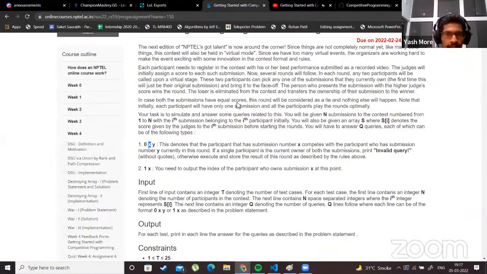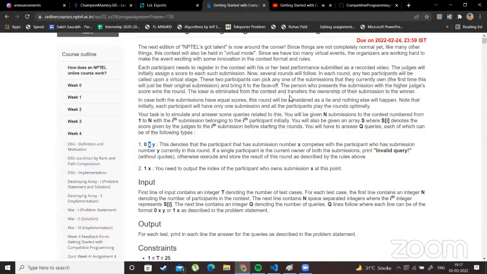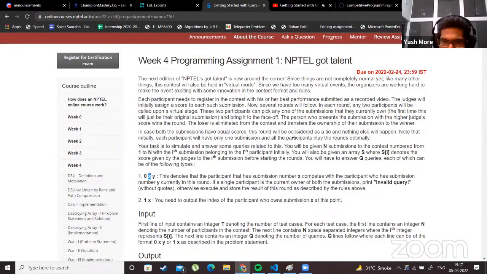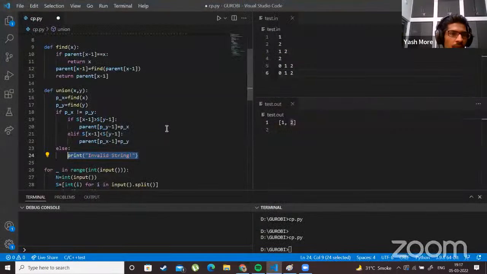Else, they have mentioned over here that the person who presents the submission with the higher judges' score wins the round. So if X has a score greater than Y, then the ownership of Y will go to X. So basically what we can do is replace the parent of this element with this. So what we are actually doing,